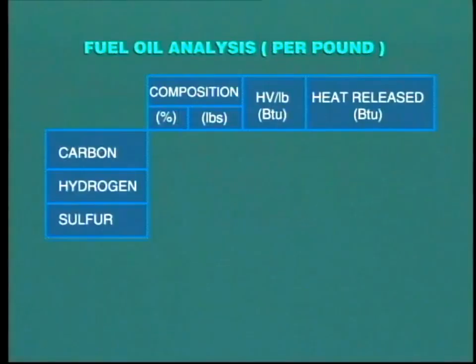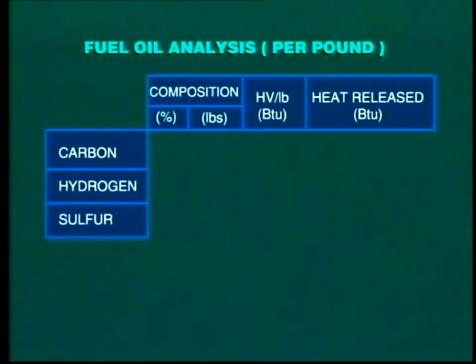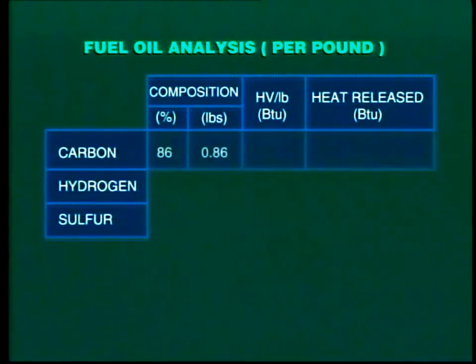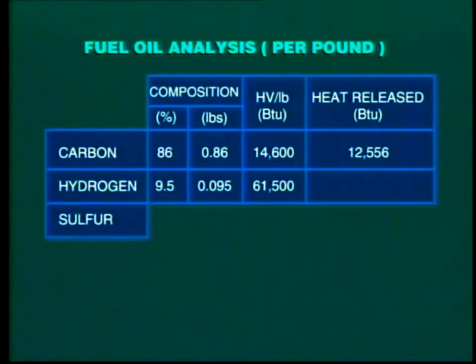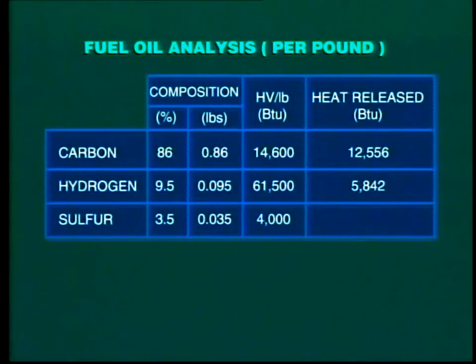of that fuel. As an example, let's take our analysis of a typical fuel oil. If we consider 1 pound only of that fuel, then its carbon content, 86%, is 0.86 of a pound. Multiplying this by 14,600, that is the heating value for 1 pound of carbon, we find that the carbon content of this fuel will produce 12,556 BTU. The hydrogen content is 0.095 pounds, and we find that this releases 5,842 BTU when completely burned to H2O. The sulfur content in each pound of fuel is 0.035 pounds, and multiplying this by 4,000, we find that